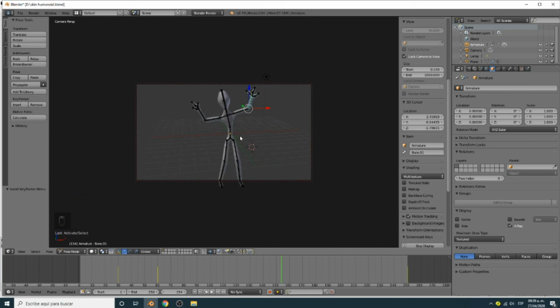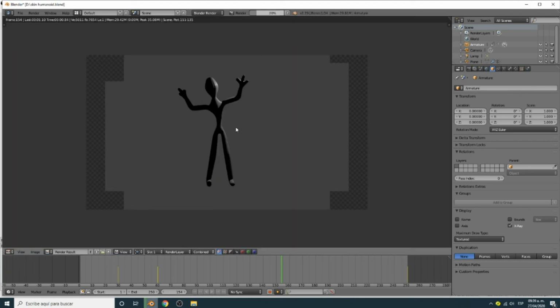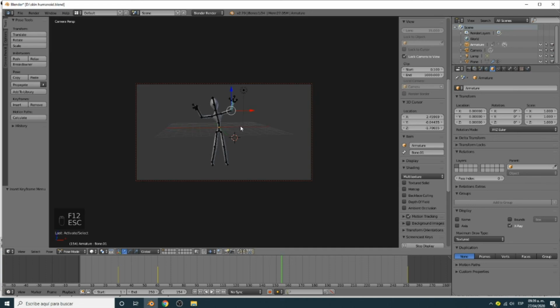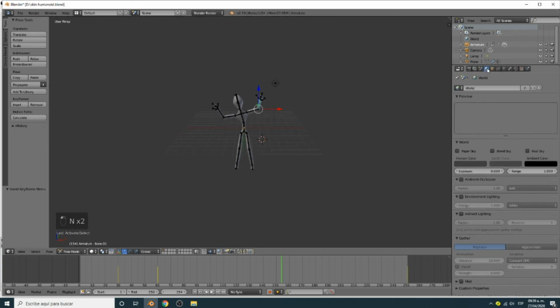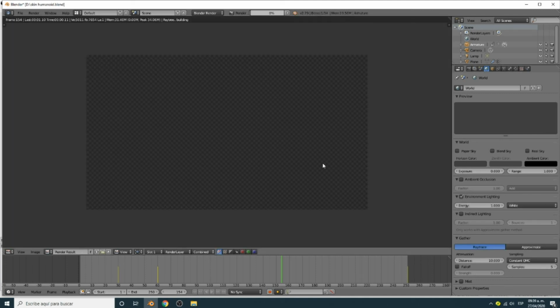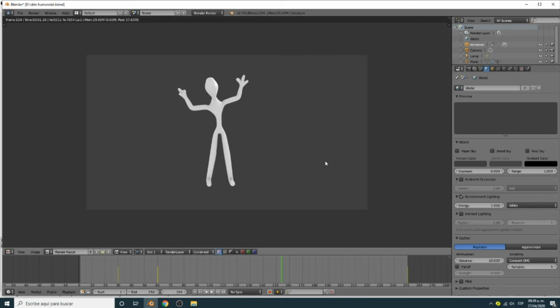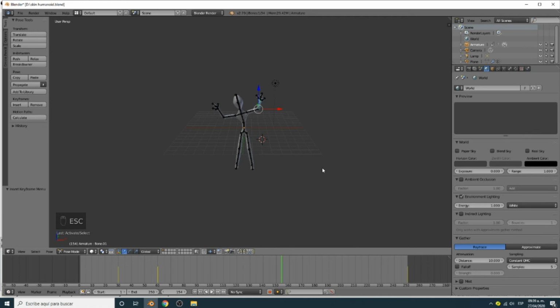You can press N and then lock and put the camera view in 0, and now you are pointing to the object. Then don't forget to change the light. You can use the environment lighting, and when you take a picture you can see perfect light. Again, you can put a plane, you can put a background with an image like a disco, I don't know, whatever. You can improve it, be creative.